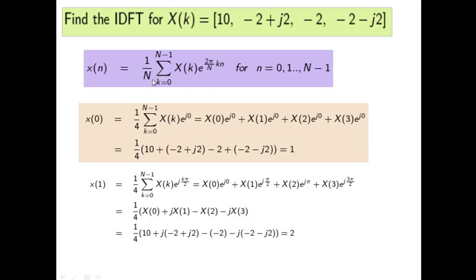The main thing is to get the value of N and make sure we have equal length in input as well as output. Here we do not have any specific length for the output, so we need not worry about zero padding. We have only a single length, that is 4. By applying N as 4, you can expand the sequence and get the values of x of n.